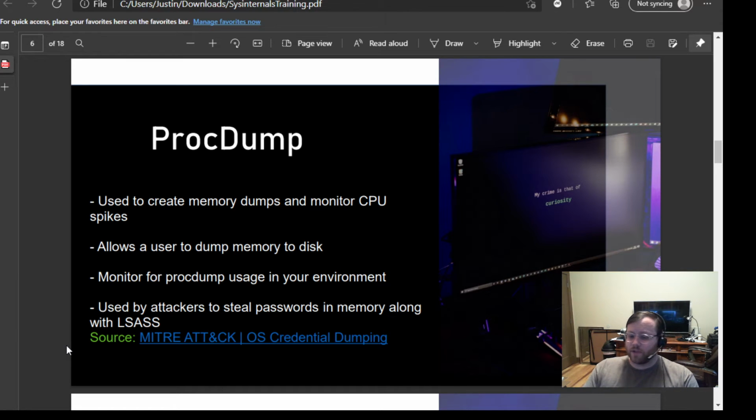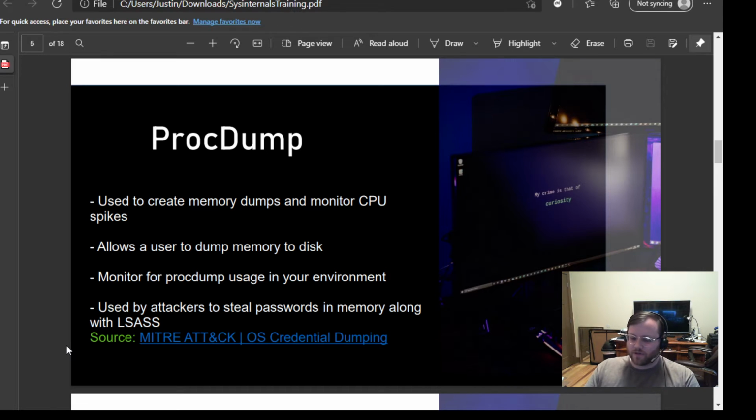Because remember, this is one of those things that as IT and InfoSec people, we expect to see in our environment. We probably have permissions set around for people to be able to execute these kinds of programs so that they can troubleshoot. There's a really easy walkthrough on the MITRE ATT&CK framework, if you're not familiar, for OS credential dumping, where they grab a copy of the LSASS and use ProcDump to dump it from memory